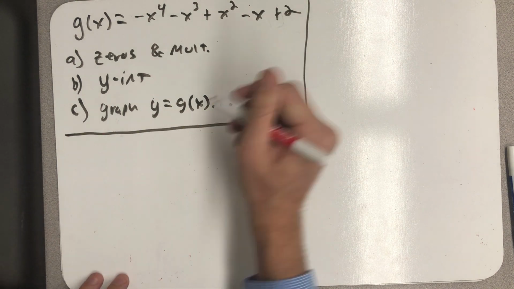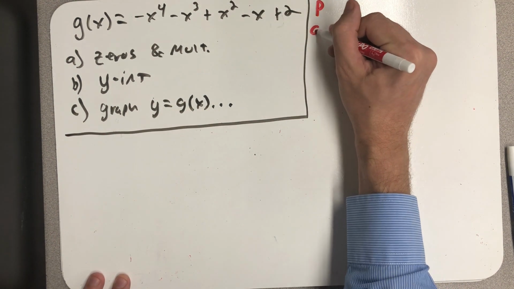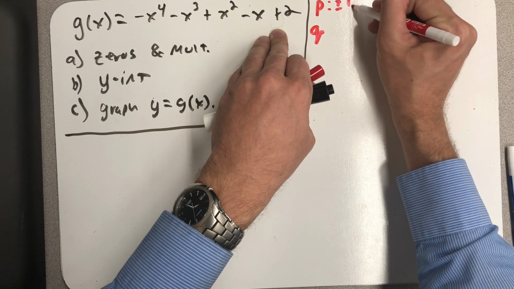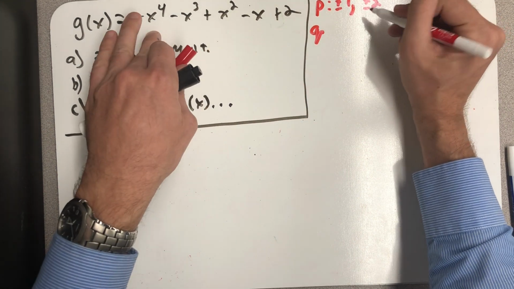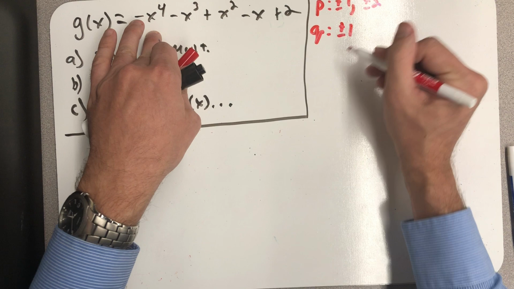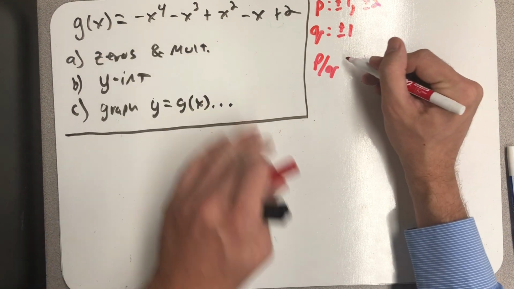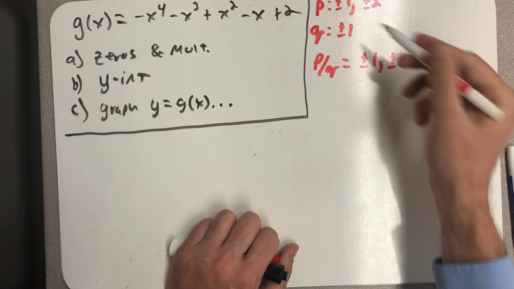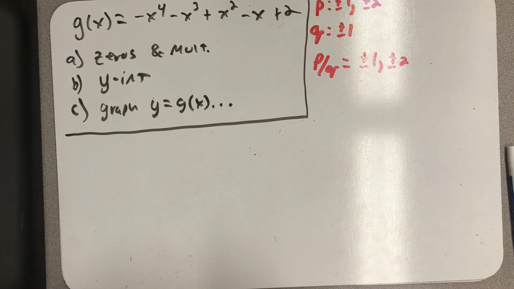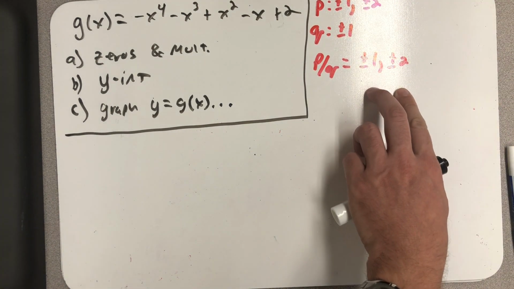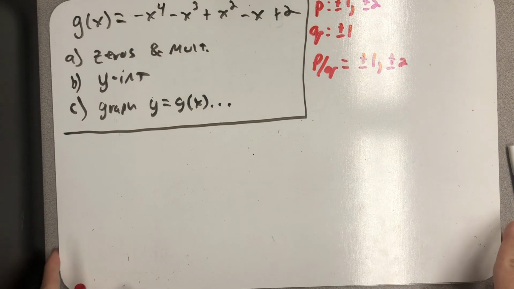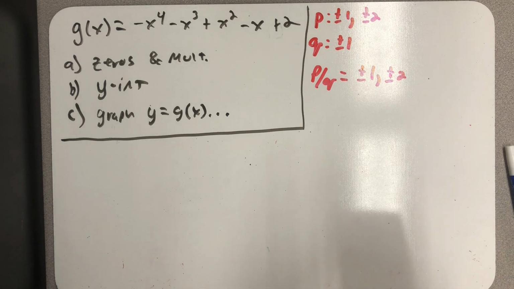If I started with the rational roots theorem to find all the p's and q's, all the things that go evenly into 2, all the things that go evenly into -1, and then my P's over Q's, a very short list. Because again, I'm just dividing all the P's by either +1 or -1, and I just get 4 things to try. So even if I didn't have a graphing calculator, trying those 4 things wouldn't be so bad, but I